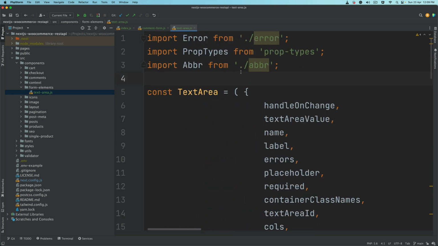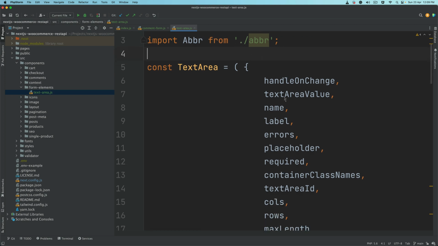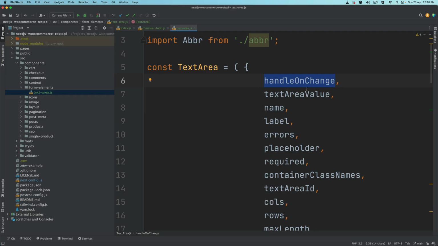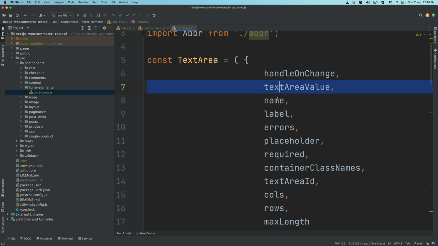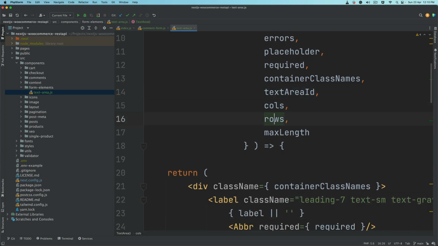Of course we don't have the error and the abbreviation component, which we will get in a moment, but just to let you know, it'll take certain props such as the handleOnChange function, the job of which is to update the information that the user has entered in the textarea. So if the user types something over here like that, this function is responsible for getting that information and passing it on to the input element, and basically we're going to be setting the state and passing that value to our state for input. Then the textarea value, the name, label, errors, placeholder, required, container class name, textarea columns, rows, max length,